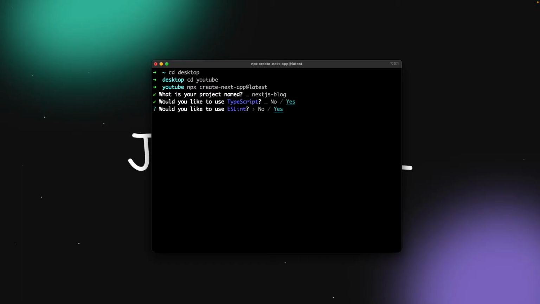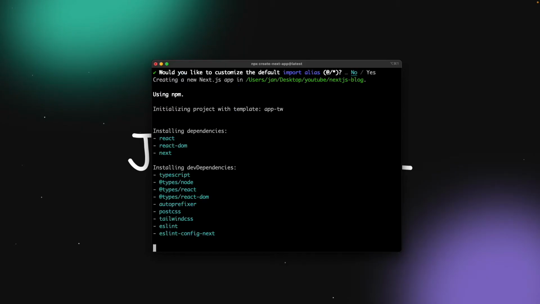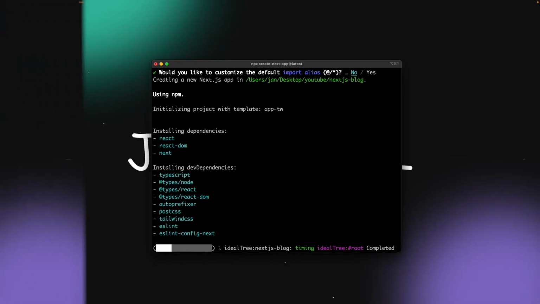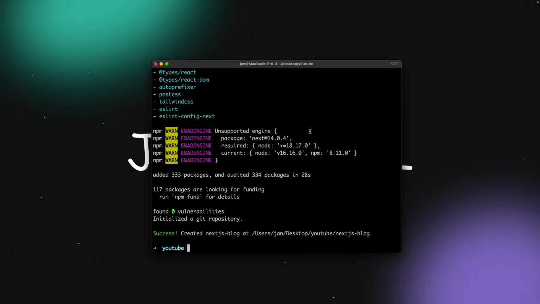Then we'll use TypeScript, we will use ESLint, we will use Tailwind. We won't use the source directory, but we will use the app router, and we won't customize the default import alias. And now the installation will take a bit, so let's wait for that. So now the CLI has finally installed Next.js 14 successfully, so now we can go to Visual Studio Code